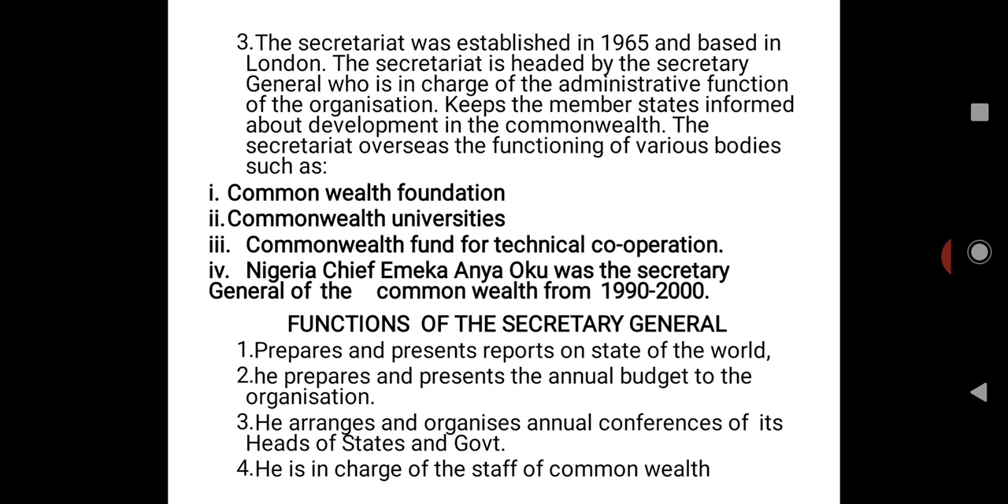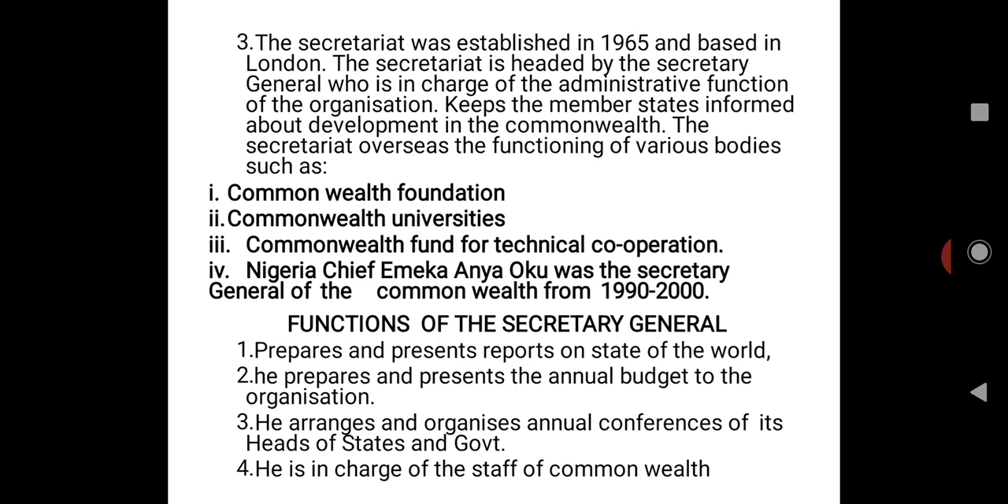Now, let's look at the functions of the Secretary General. Remember, we have the Secretariat and we have the head, who is the Secretary General. What is the function of the Secretary General of Commonwealth of Nations? A. The Secretary General must prepare and present reports on the state of the world. That means whatever is happening in the world, it is the function of the Secretary General to bring it